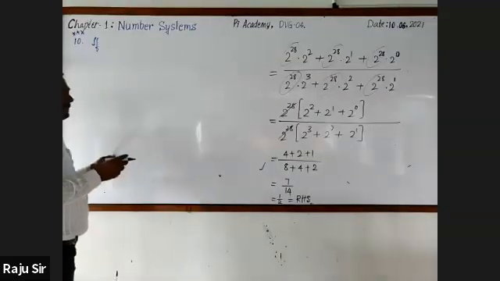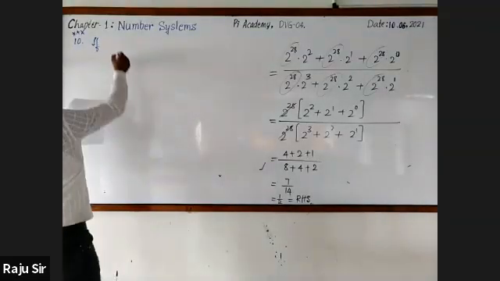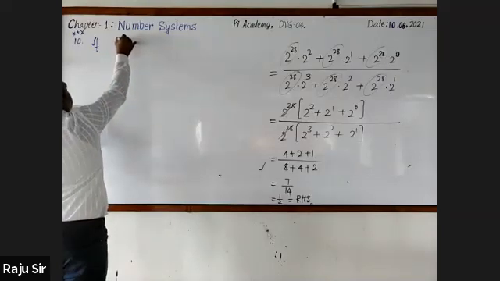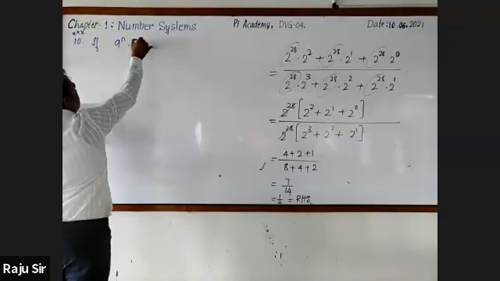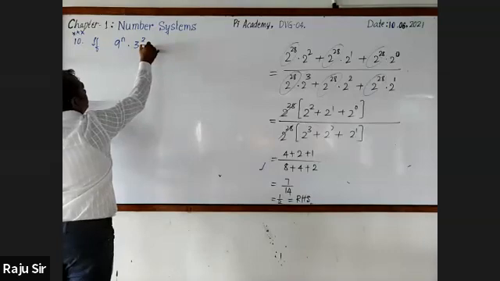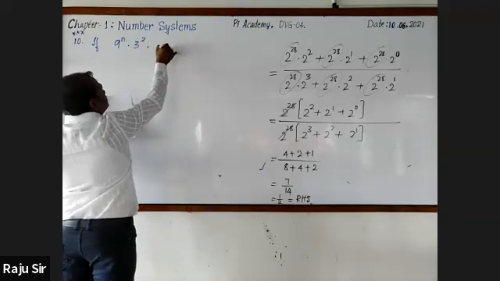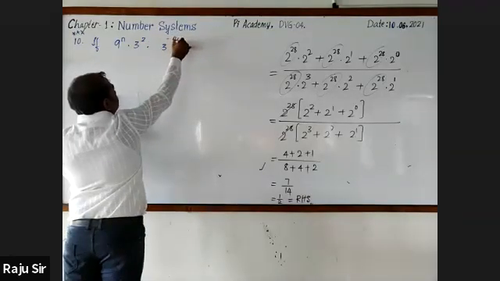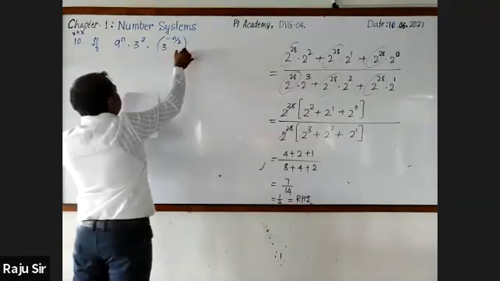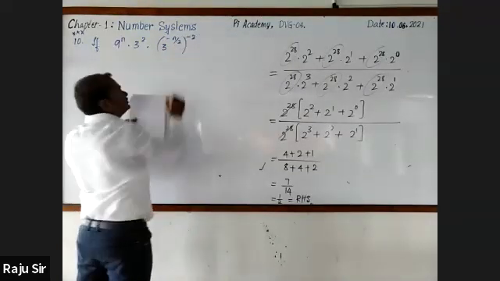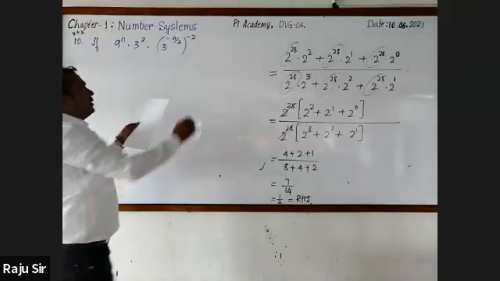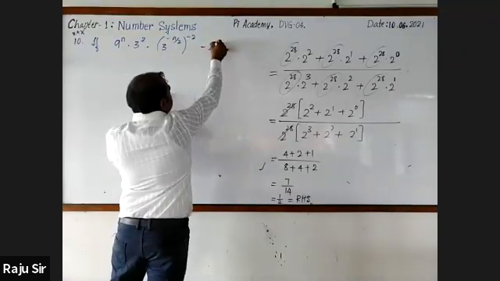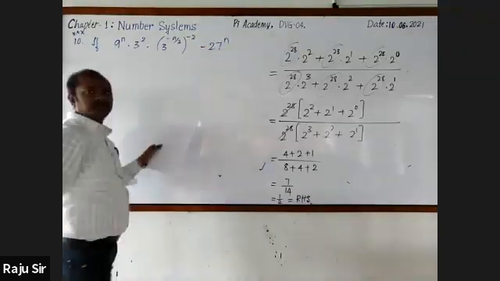If 9 raised to the power n into 3 raised to the power 2 into 3 raised to the power minus n by 2, whole raised to the power minus 2, minus 27 raised to the power n,